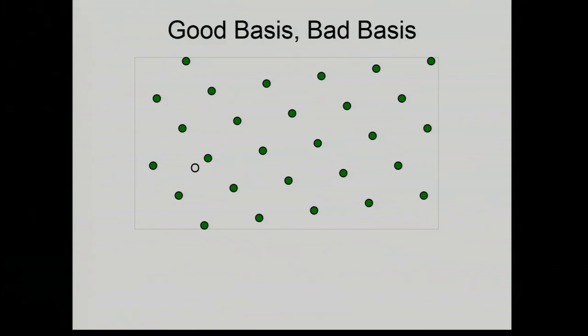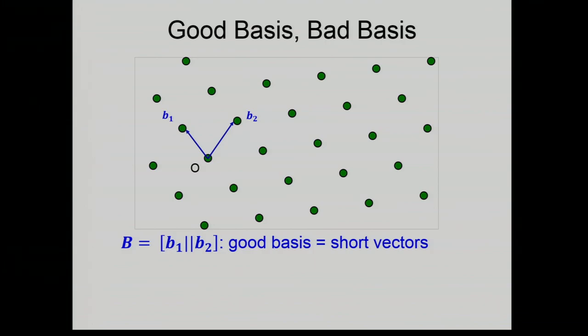So the thing about lattices, and that really is the birth of hardness, cryptography based on lattices, is that the same lattice can be generated many different ways. So this is a basis for the lattice. It's a little bit different from what I showed you before, right? You take all integer combinations of b1 and b2, you get this lattice. And this is a blue basis. It's a good basis. So why is it a good basis? Because these vectors are short, essentially as short as they can be.